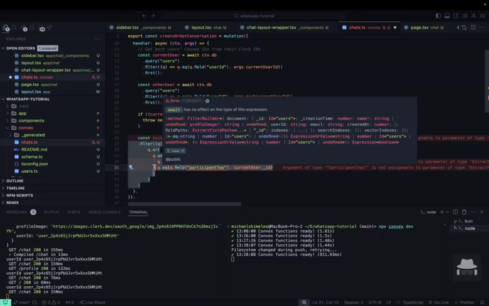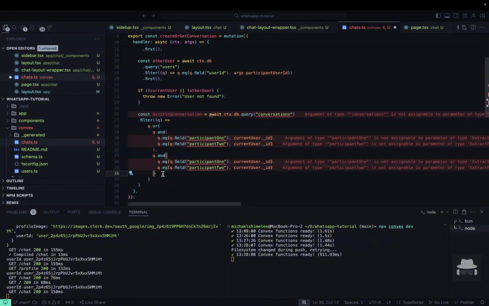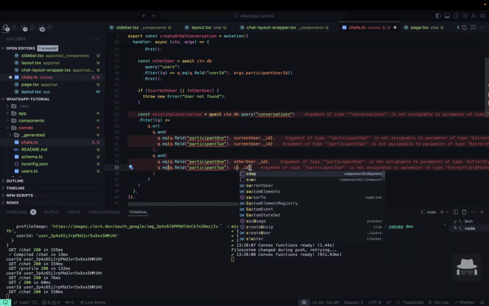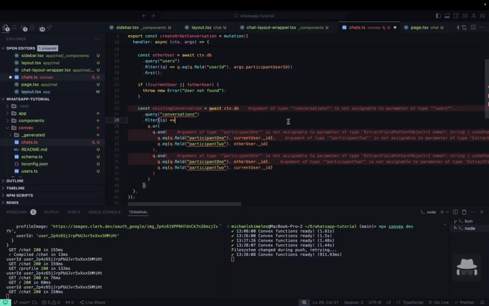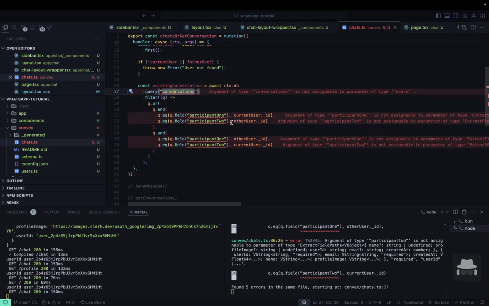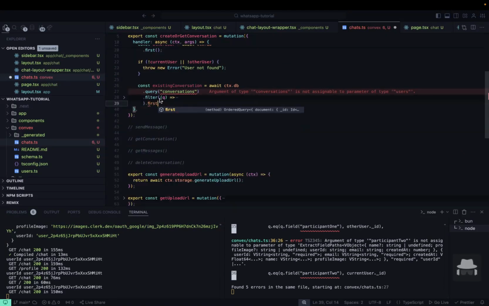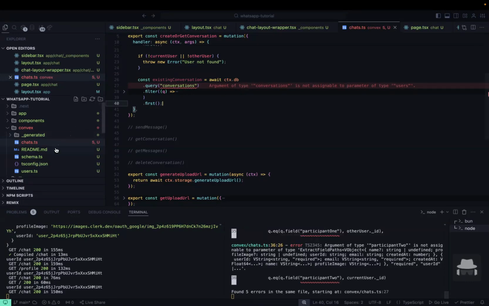Same thing, and then we're just going to copy from this end right here, and paste this here, and this is going to be other user, and this is going to be current user, and this is supposed to be other user. All right, so this is going to give us an error until we create the conversations table. And last but not least, we have to make sure we get the first one. So why don't we create the conversations table